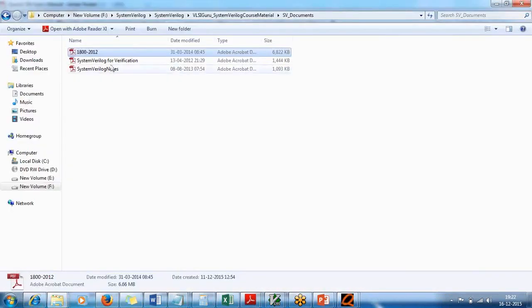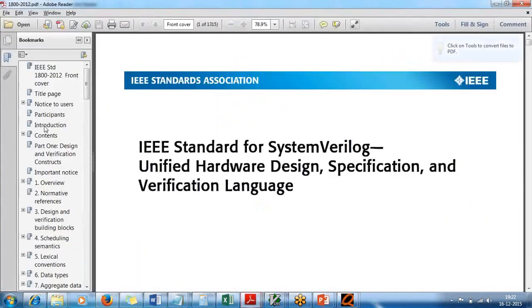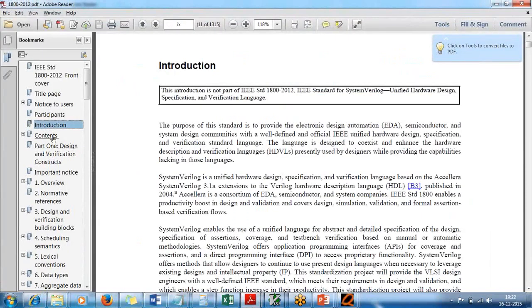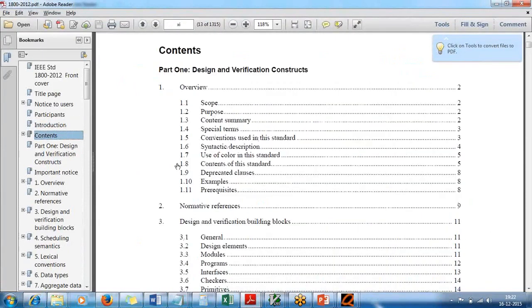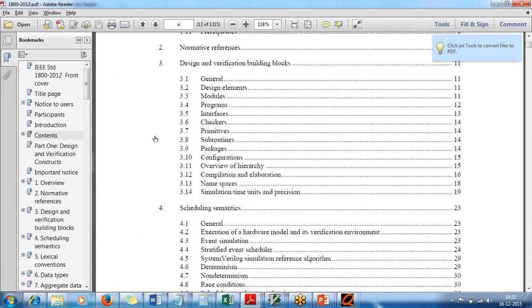So now how do we start approaching this using these documents? What you have to do is, first of all, refer to any book, let's say the SystemVerilog notes, or for that matter go to this LRM document. You go to the introduction or contents, and it will list down what all things the SystemVerilog language has. So what you have to do is write down these headlines. For example,